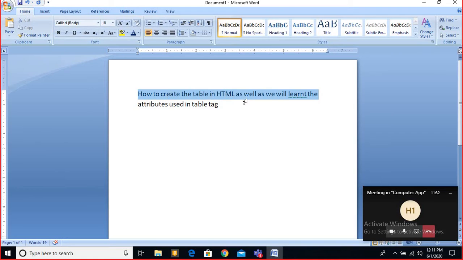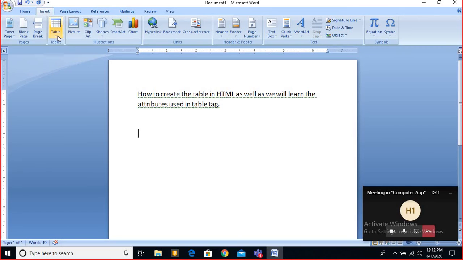So I am going to create a table first of all. Then you know that in HTML everywhere we have to give the tags. Tags are the instructions to the browser that tell what to do, where to do, and how to do it on the browser. So in the same way, if you want to create data in tabular form, then in HTML which tag is required? The table tag for that. First of all, let me draw one table here so that you can understand this.